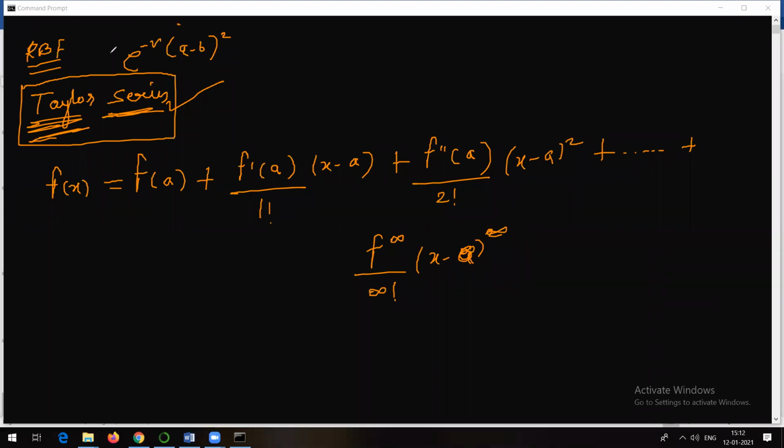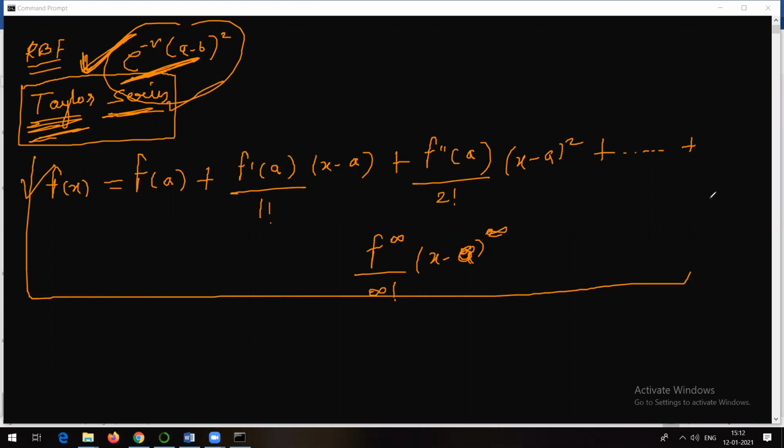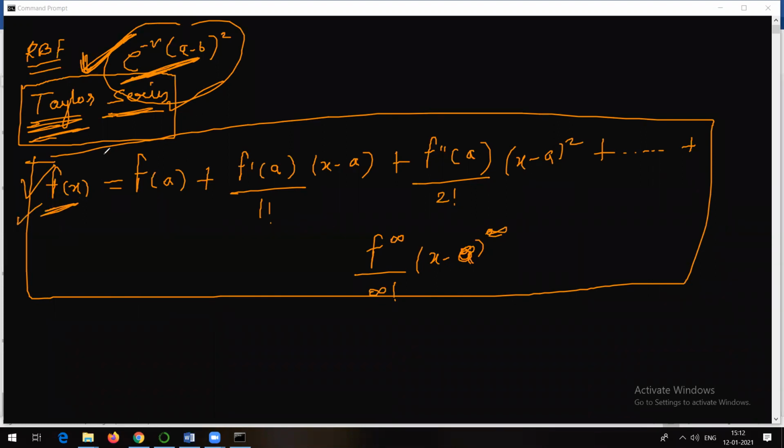Something like this you can do with the help of the radial basis function. You can represent any dimensional data. Whatever the Taylor series was doing, the same thing it can do here in case of implementation. Don't worry about this equation, otherwise you will see this kind of equation and feel that it is something very crazy. No, it is not. I'm just trying to take an example. Maybe you might have come across Taylor series. If not, forget about it, no problem. So the kernel trick makes use of RBF. Now, I showed you the equation of the RBF, radial basis function.